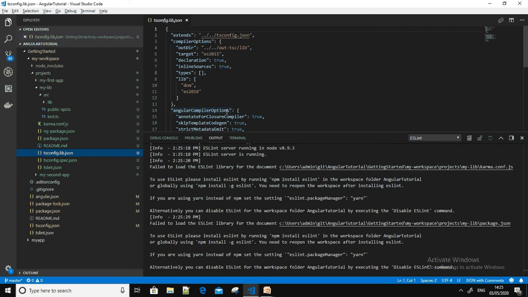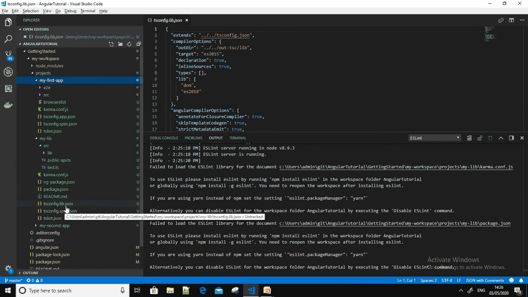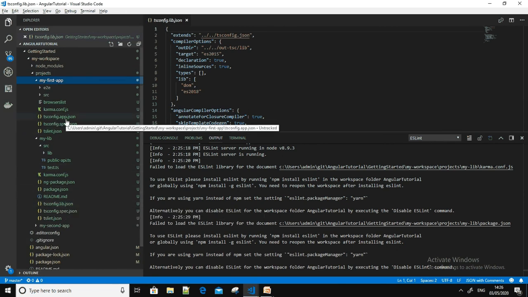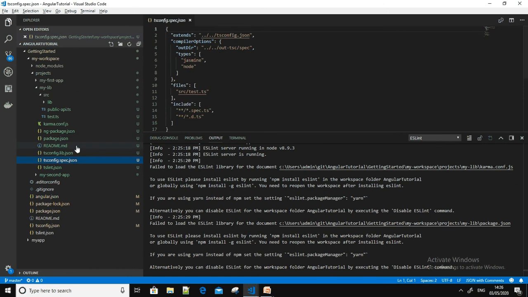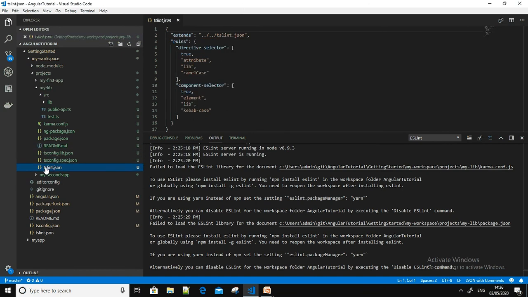Instead of tsconfig.app.json, which you see in the app, here it is tsconfig.lib.json because it is specific to the library. Then tsconfig.spec.json, which is used to run all the tests related to the library, and finally tslint.json. This would be used for TypeScript linting, which has the details of how the elements in TypeScript should be defined.